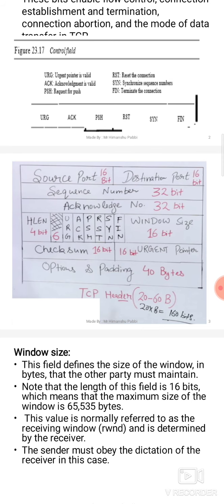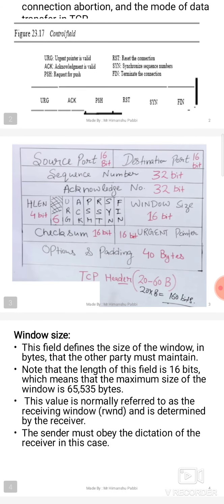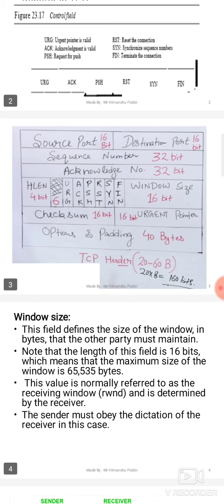Port number uniquely identifies the application, and IP address uniquely identifies your device. So the combination of IP address and port number defines on which device the data has to be sent and to which application. These are 16-bit port numbers.